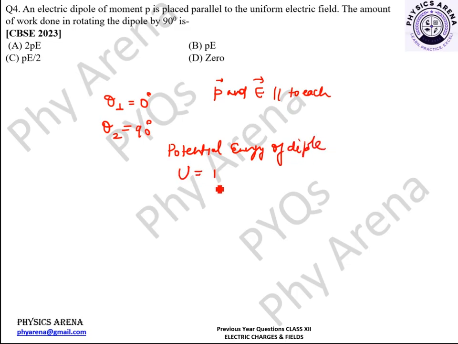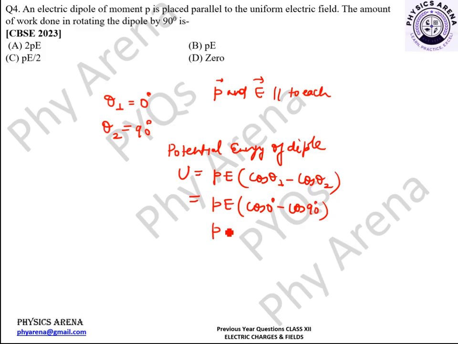U is equal to PE (cos theta 1 minus cos theta 2), where theta 1 is the initial angle and theta 2 is the final angle of the dipole that the dipole moment is making with the electric field. So the dipole moment is P and it is placed in an electric field that is having strength E. Theta 1 is 0, so cos 0 minus cos 90. Cos 0 is 1, cos 90 is 0, so we can write PE (1 minus 0) and that is equal